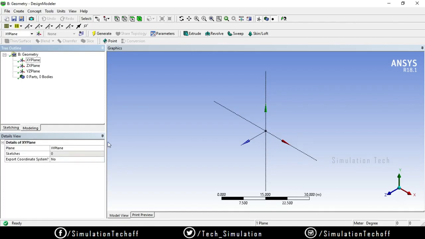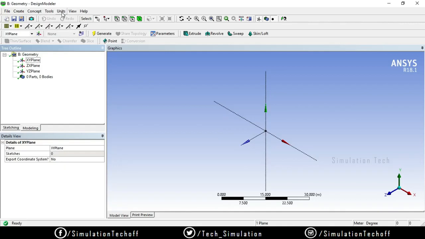Before that, one more thing is very important, that is the unit system. Whatever geometry you create, first you need to specify the units. That is the main thing. So how can I set the unit system? Right now the unit is set to meters. How can I change to millimeters?